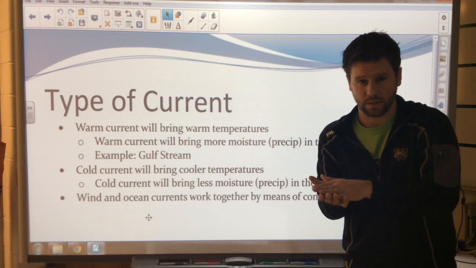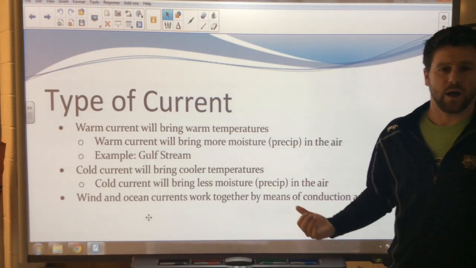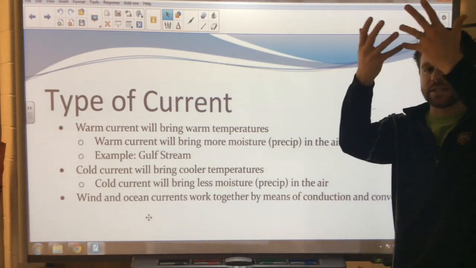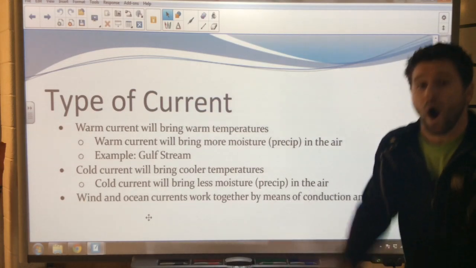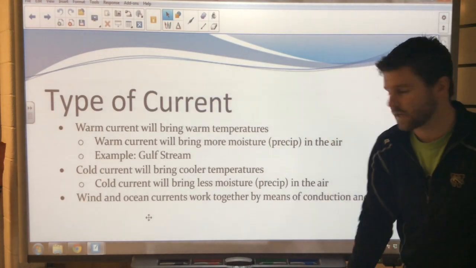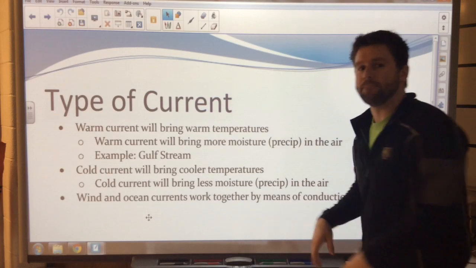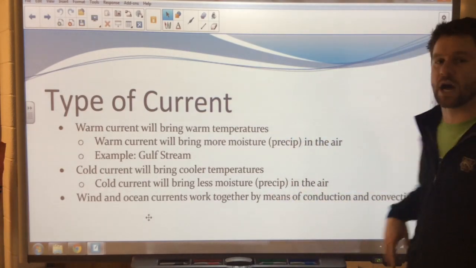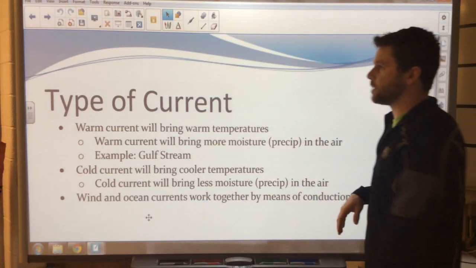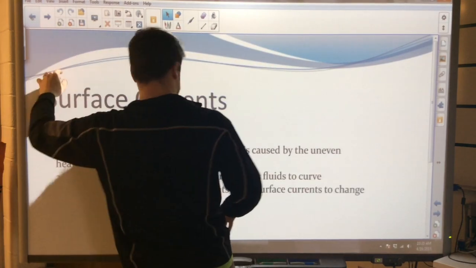That's conduction. And then convection, we talked about that. Warm air rises, cool air sinks. Warm water rises, cold water sinks. And so we have this churning caused by conduction and convection. Okay? So going back to